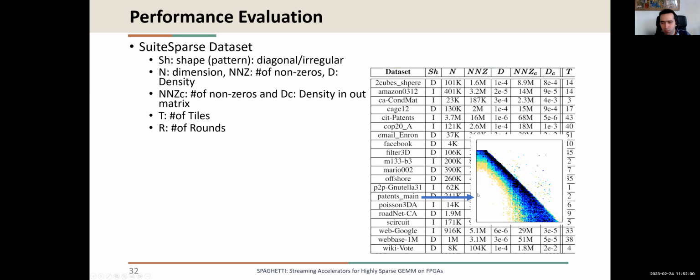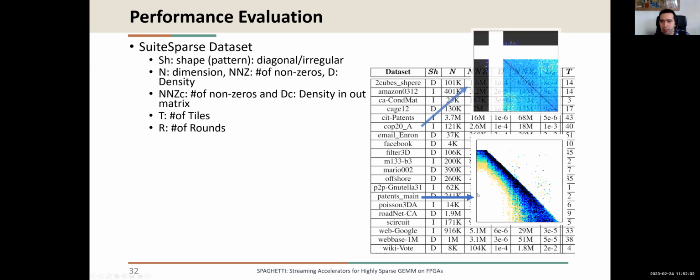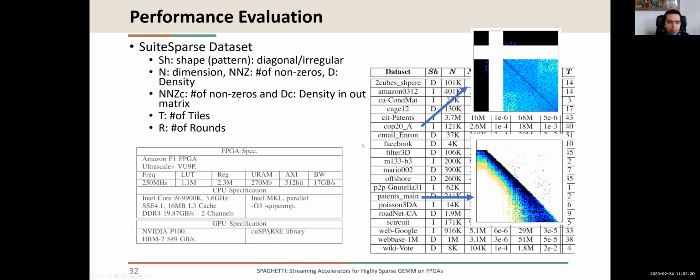For instance, this one is more like a diagonal matrix. This one is more an irregular matrix. We just classified them into two shapes, diagonal and non-diagonal. And on the last column, you see the number of tiles given the number of multipliers and sorters that we have. So we used Amazon F1 instances and